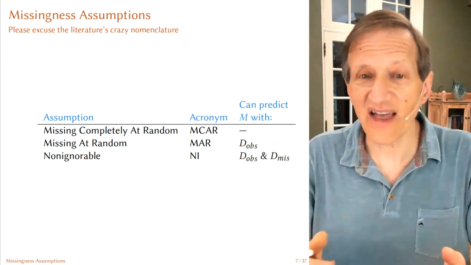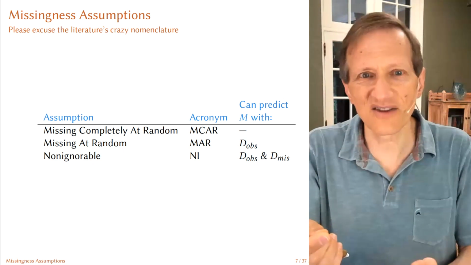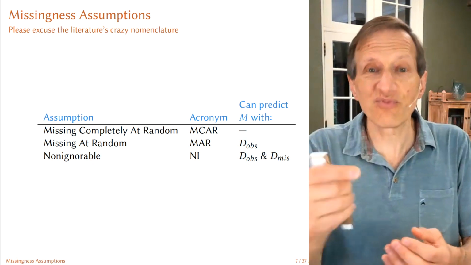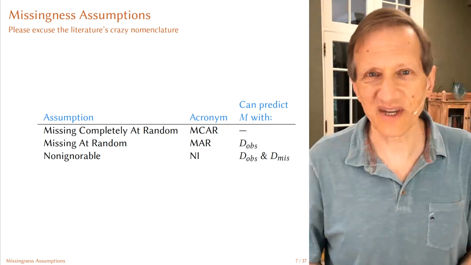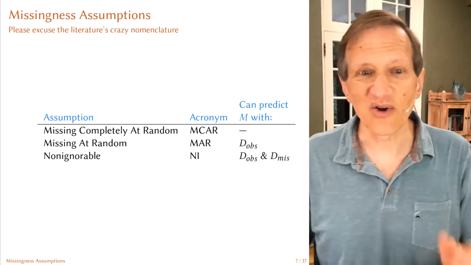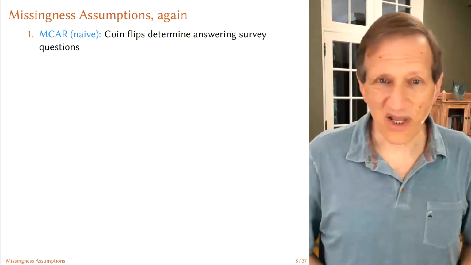So the missing values themselves that you don't see, those blue values on the previous page, may indicate whether or not you answer particular values. So let's do the same thing again so you have a better feel for it. So MCAR, missing completely at random,